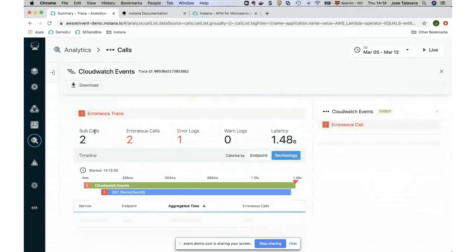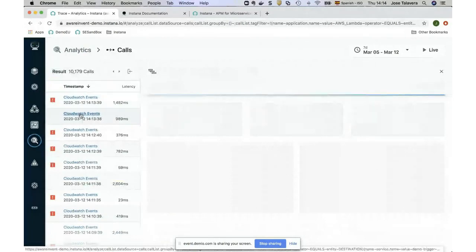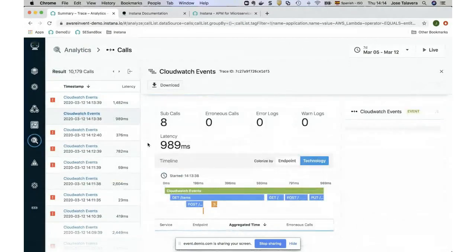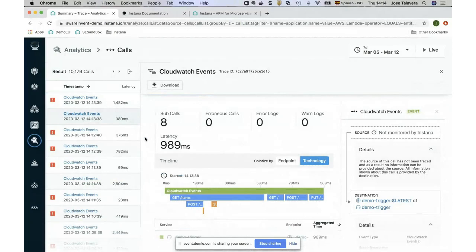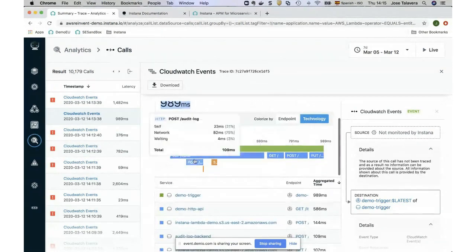you some of them. Before I show you this erroneous call, I want to show you a more complete trace. So this is a CloudWatch event. The interesting bit here is how Instana is going to show you that and how you can quickly understand what's happening and what's slowing you down. Okay, so we see that on this trace we have 8 calls. The high level latency of that trace is going to be almost 1 second,